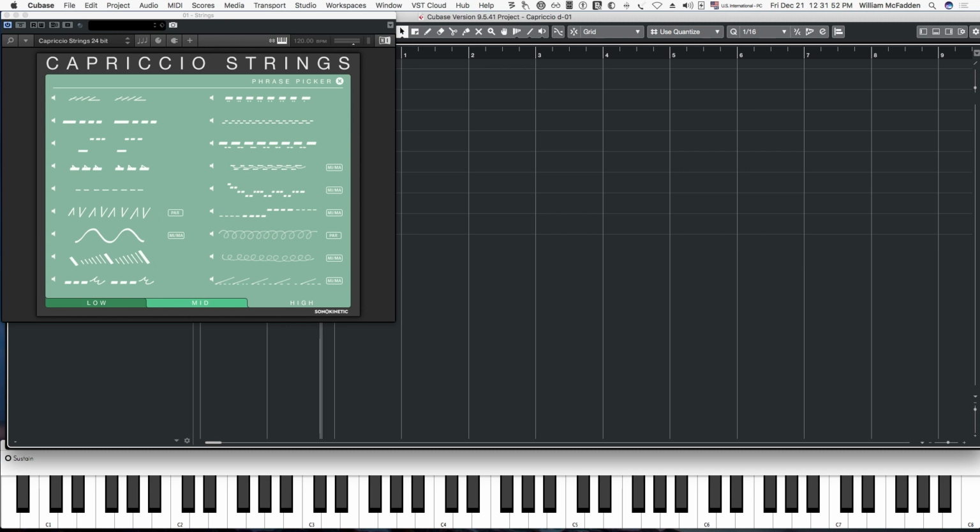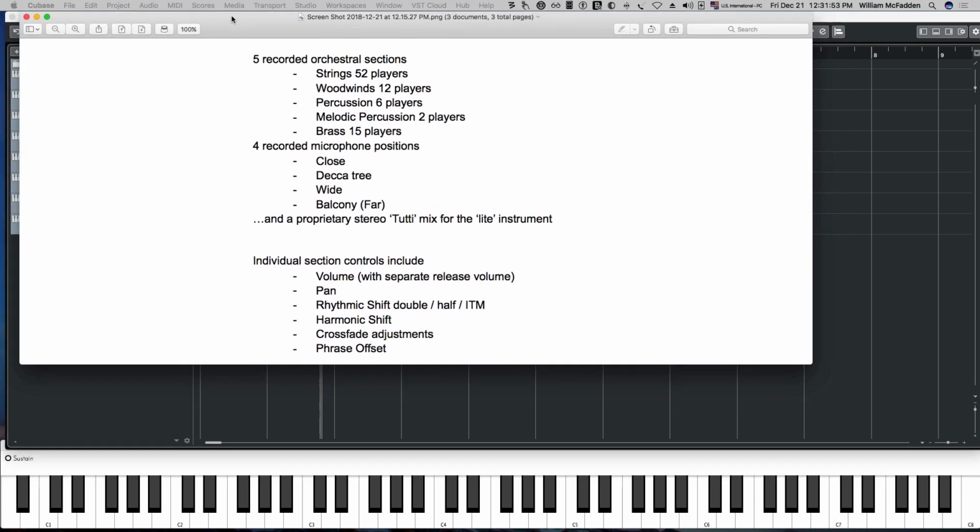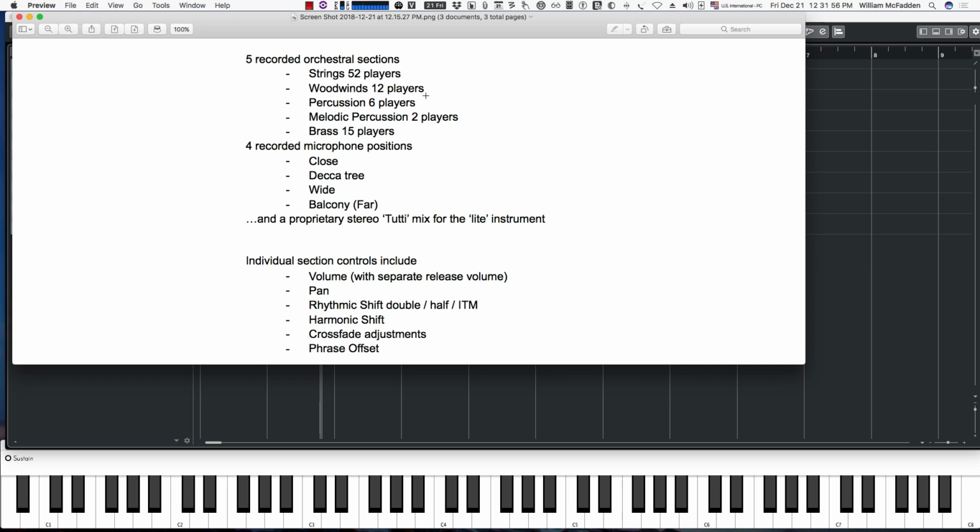Capriccio is a phrase-based library. To give you an example of the instruments we have, there are 52 string players, 12 woodwind players, 6 percussion, 2 melodic percussion, and 15 brass players. We also have 4 recorded microphone positions, and individual controls, including what's called harmonic shift, which is quite useful. You can do phrase offsets for syncopation purposes, and also